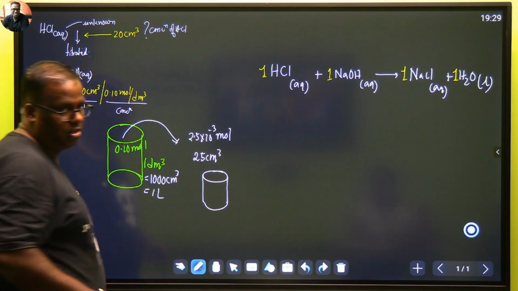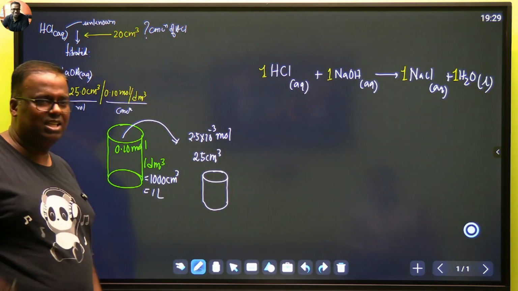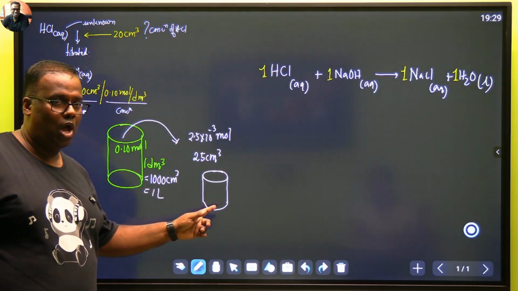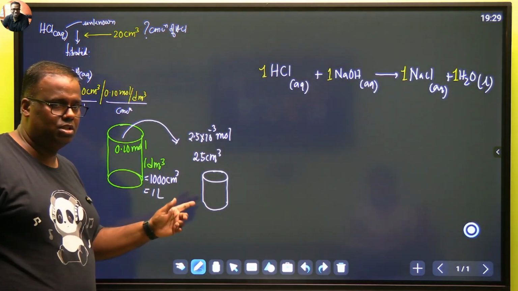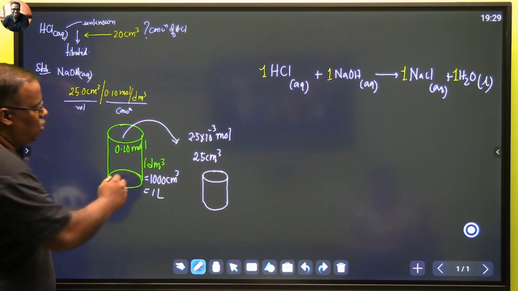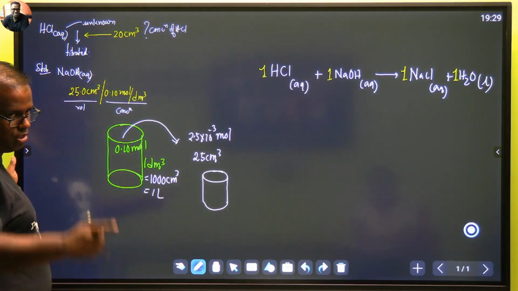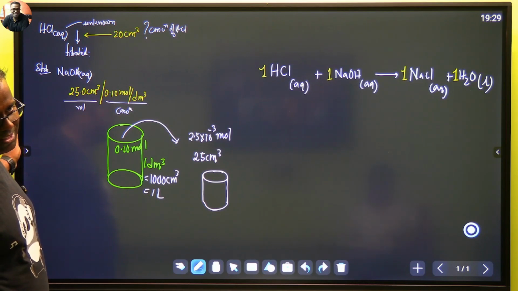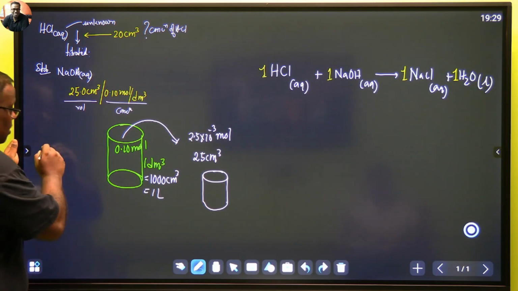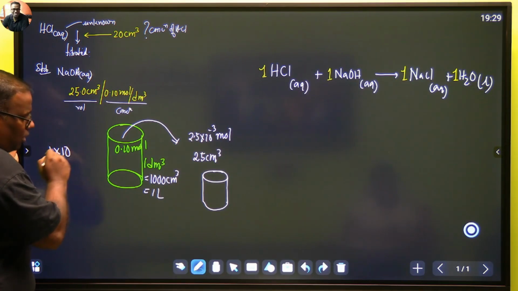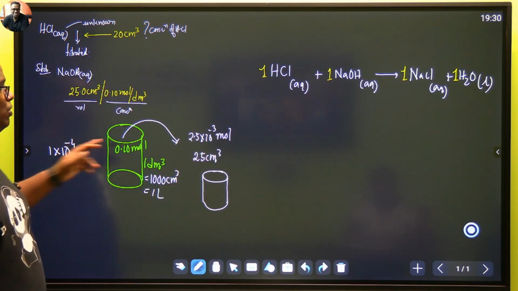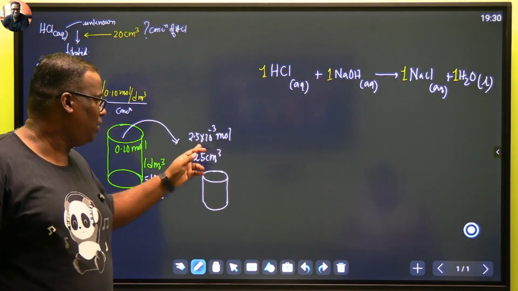Now tell me, if I could taste HCl from here and from there, should I find a difference? No, I will not find a difference as long as the consistency is the same. Let's check the consistency. This is how much? 0.1 over 1000. How much do you get? 1 into 10 to the power minus 4. Just check the consistency here. 2.5 into 10 to the power minus 3